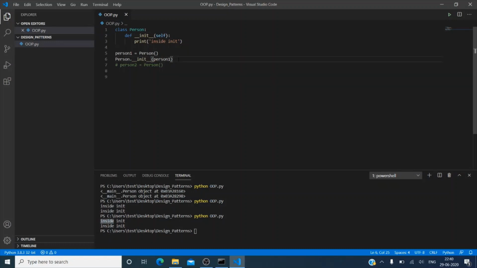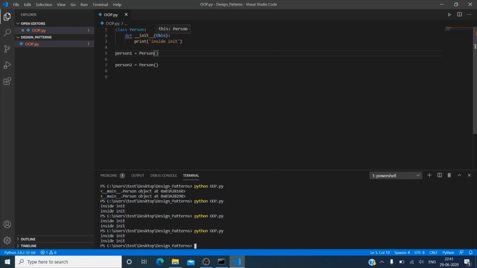Okay, so self is nothing but the reference passed for that object. Self is not a keyword. This is just a convention followed in Python. We can give any name for self, but the standard convention is to use the word self. So I can change it to anything. For example, I'll give it as this, and it should still work.